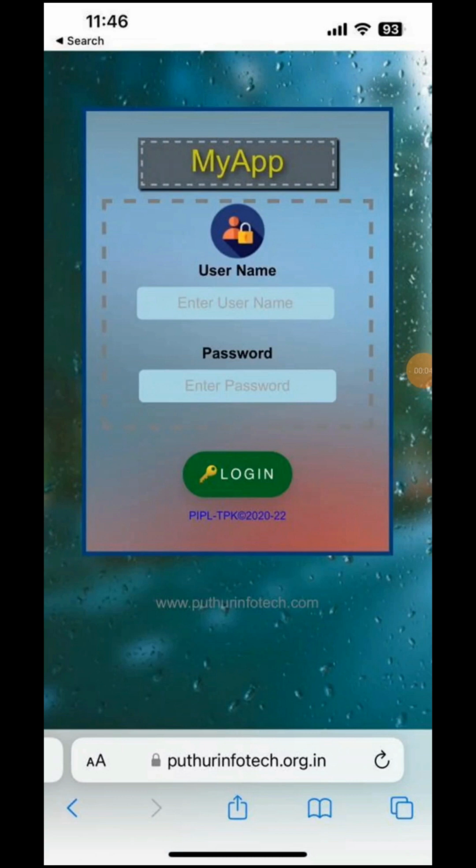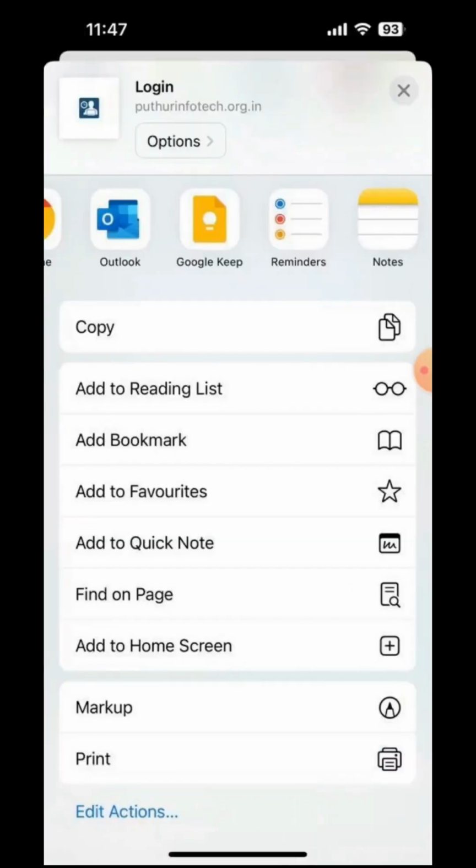Now let's see how we can install the app for Apple users or iOS mobile users. So for Apple or iOS mobile users, they have to do the same procedure. They have to go to their Safari browser and paste the same link, and below they can see a share screen button with an arrow mark at the center. So once you click on that, options will come. So here, in case if you are not seeing the options, you can just scroll down, so these options will be appearing.